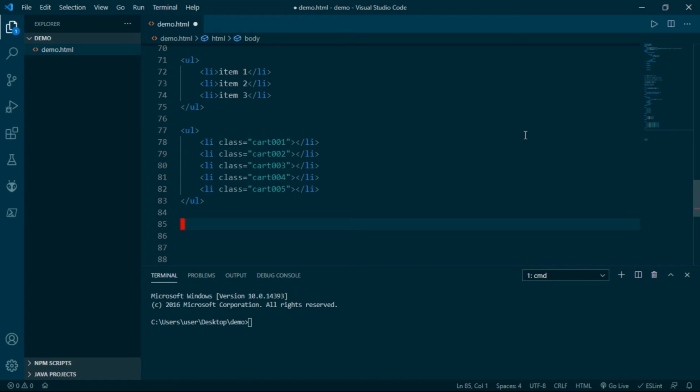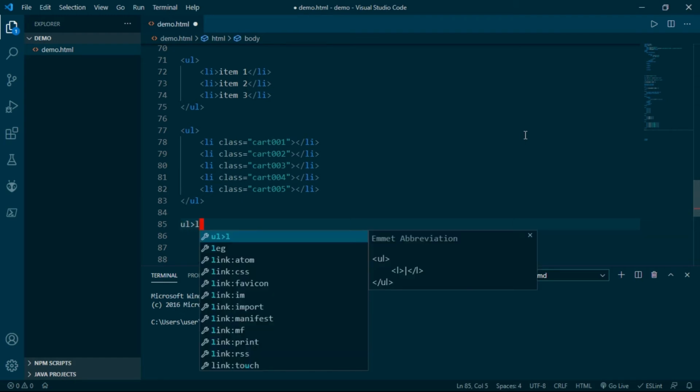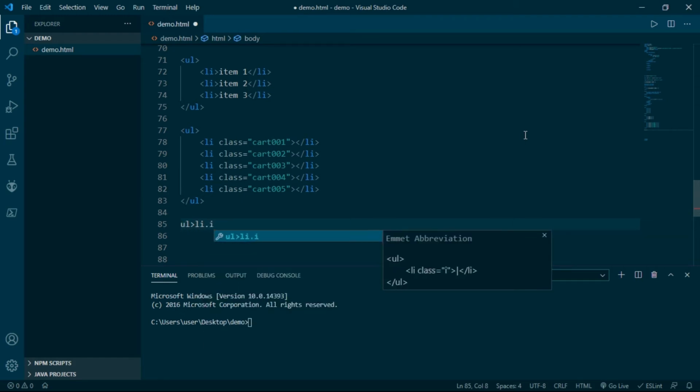Suppose I don't want it to start with 1, but rather with another number and go up to a particular number. For that, how we can write it is simple: dollar, then at the rate. Suppose I want it to start from 6 and go up till 12.